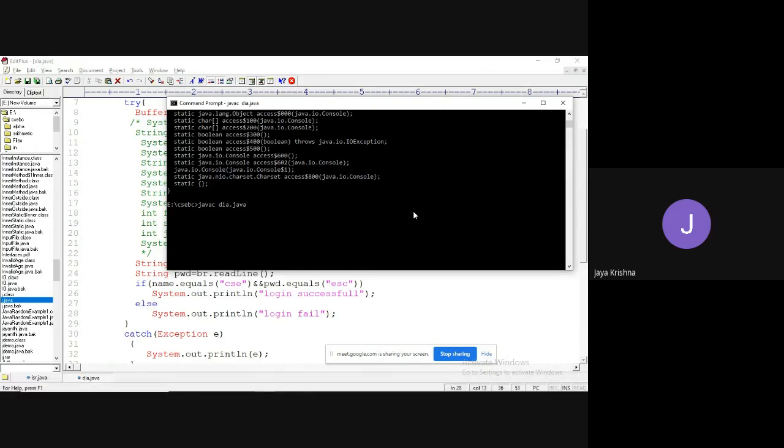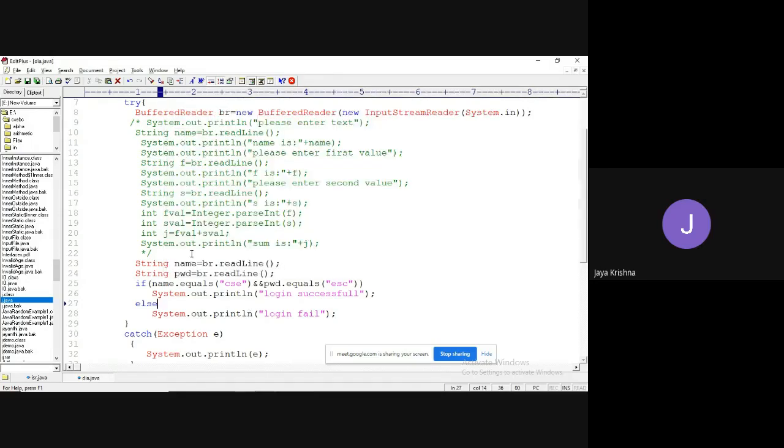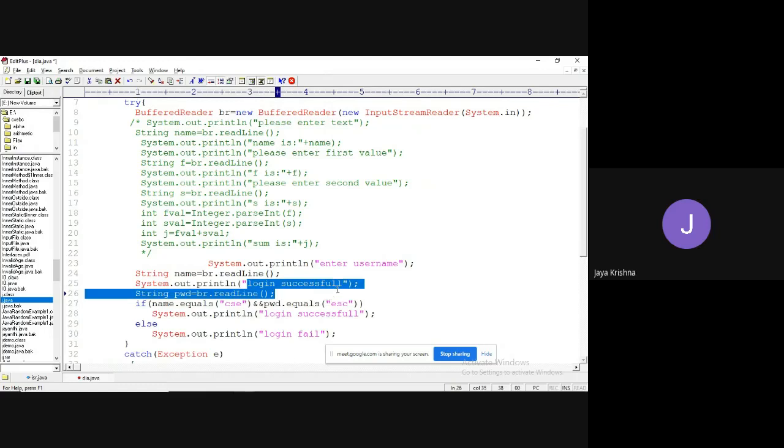Run A.java. Have you observed anything? No. But we need to enter the name as CSC, and the password as ESC. Login successful. The thing is, every time you need to ask the user by using a println method, System.out.println: enter username, and enter password.